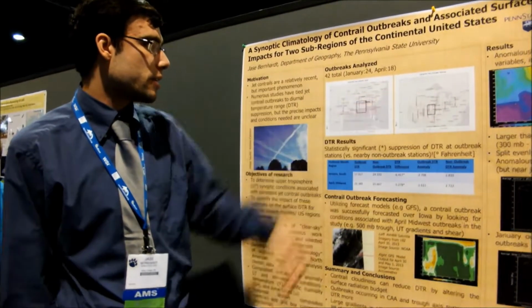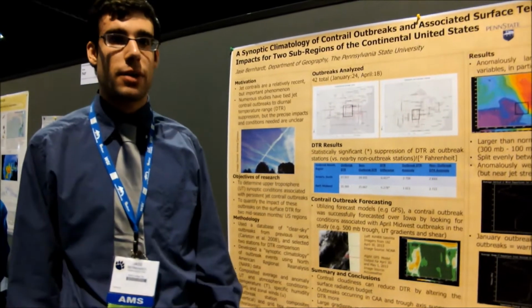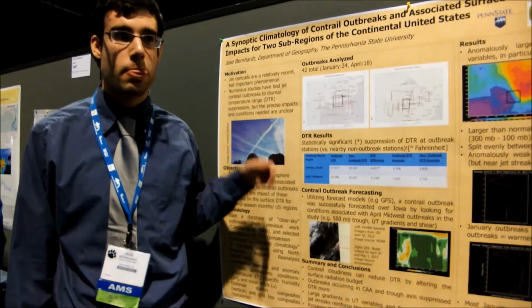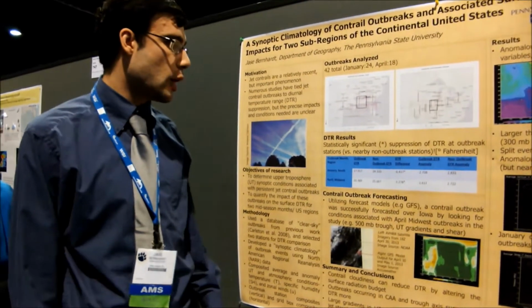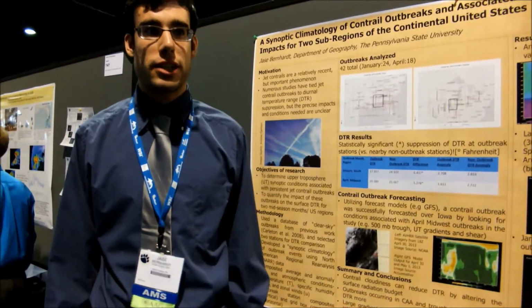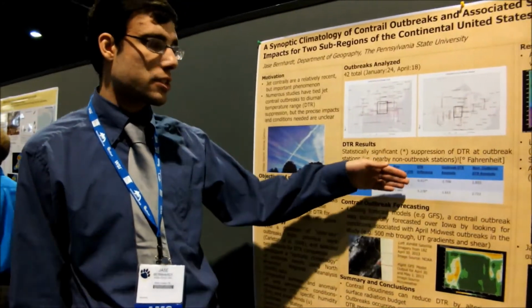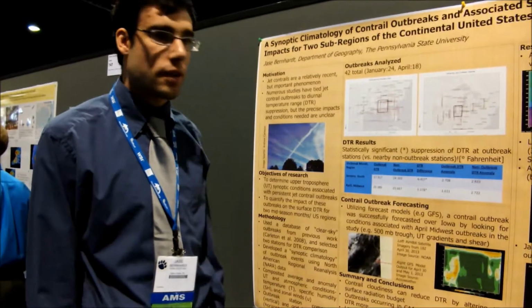So in comparing the stations seeing the outbreaks versus nearby stations not seeing the outbreaks, we saw a statistically significant suppression of the diurnal temperature range in weather stations inside the box, or seeing the contrails overhead. It's about 5 to 6 degrees Fahrenheit. And further reinforcing this,